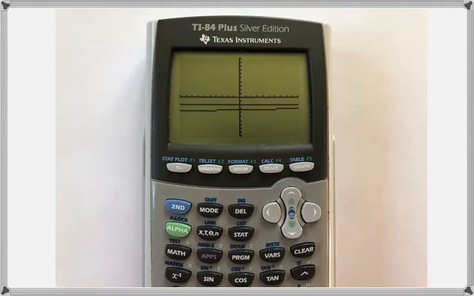Now I'm looking for the intersection. So where do these two things cross? And I can't see it on this screen, but it looks like it's going to happen somewhere over here, kind of off screen. So if this were just a touch screen, I would just move it over, but it's not, so I need to change my window. So the window command,